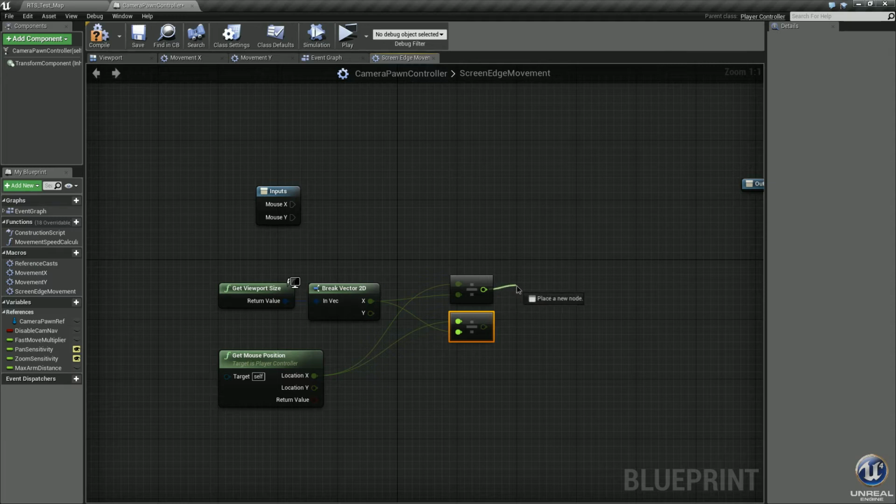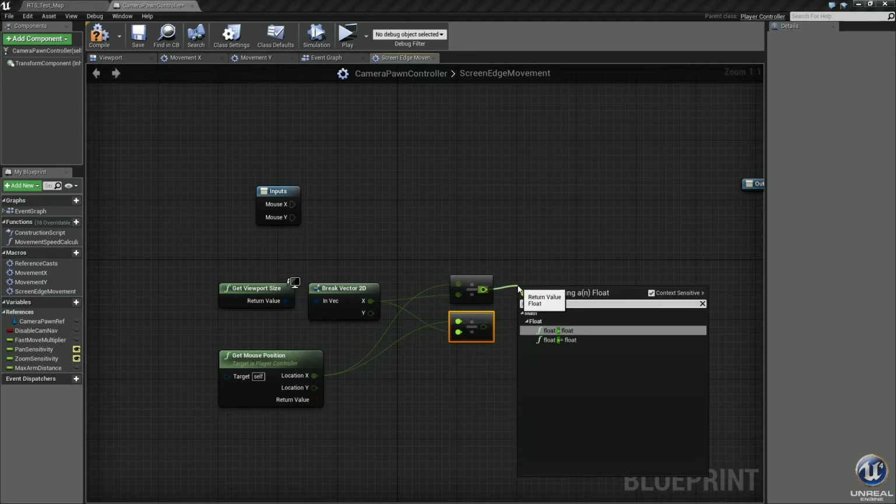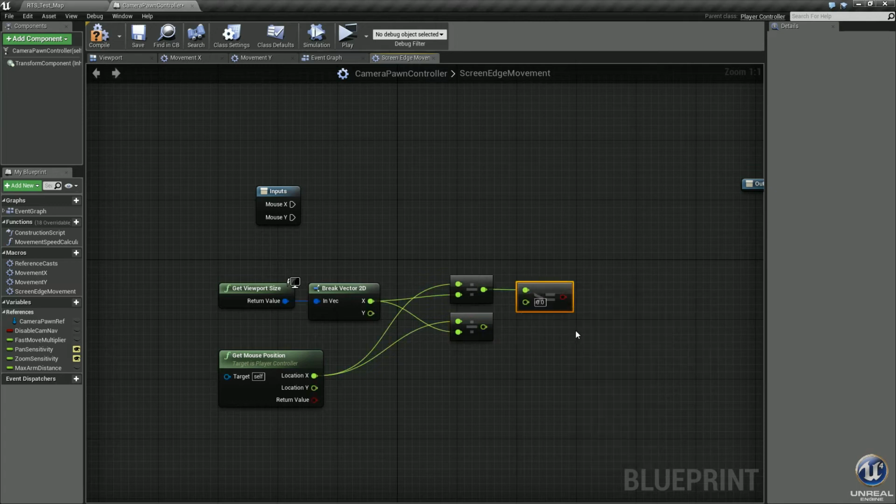Okay, drag off of this. What we need to do now is check if this number is greater than or equal to, float by float. Now, this number represents the percentage of a screen. I'm making this one 0.975. What this is going to do is, if we're at the edge of the screen with only 0.025 left of our screen, which is going to be right around this much of the screen, it'll start to scroll. You can change this number to whatever you want. You can make it smaller or bigger, but that's what this is.